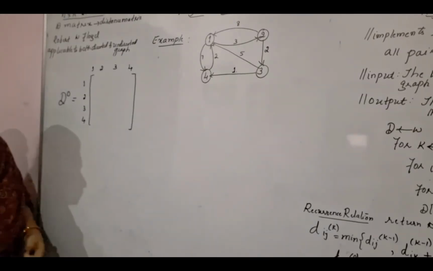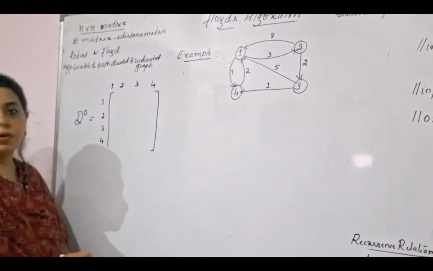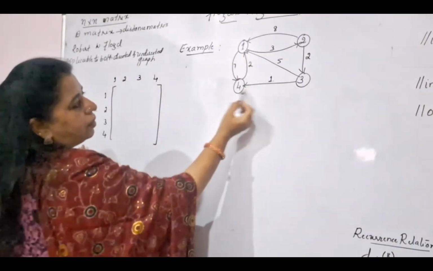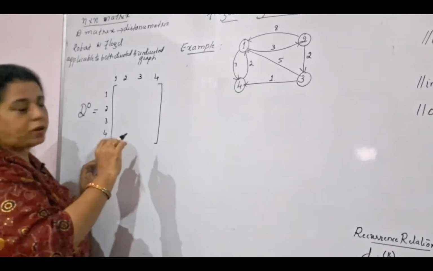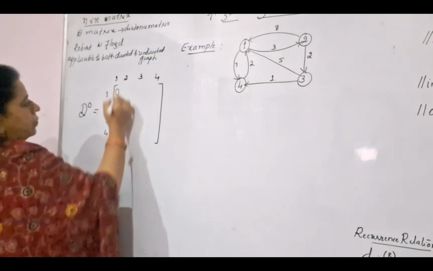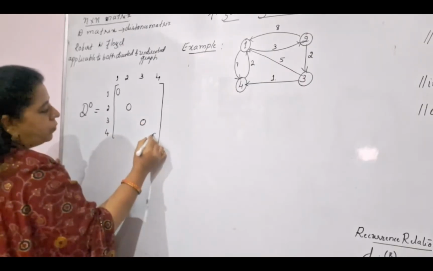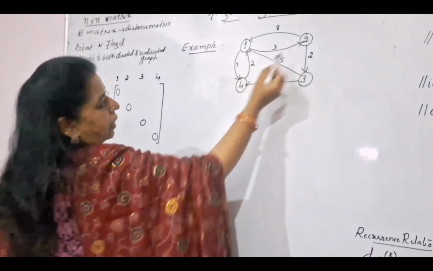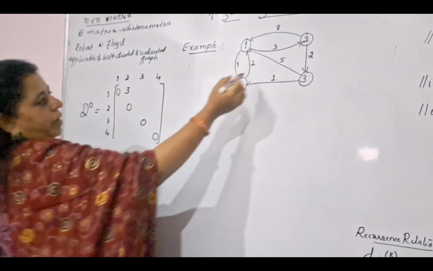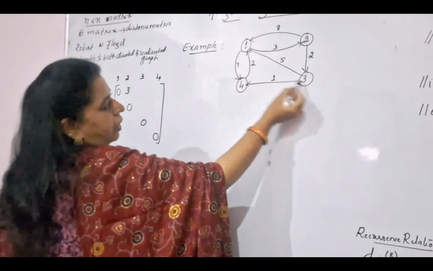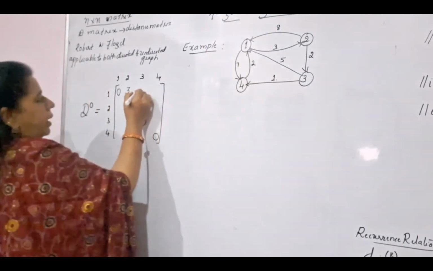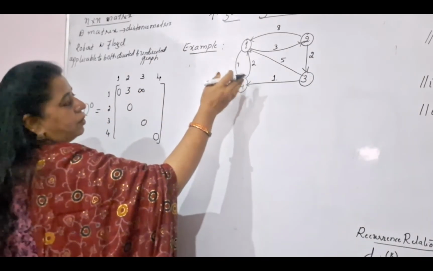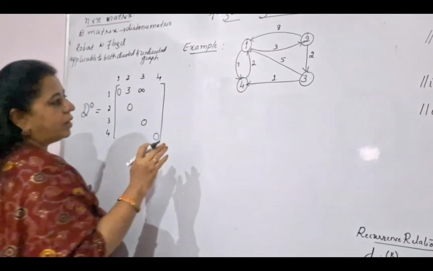The very first element, how do you start calculating? To write the elements here, you simply refer to the given graph and start writing the values. 1 to 1, 2 to 2, 3 to 3 and 4 to 4: they do not have edges, so all these diagonal values will be 0. Next you start writing from here. 1 to 2, yes, there is an edge going from 1 to 2 and the cost, or the weight, is 3. Then 1 to 3: there is no direct edge, so you need to write it as infinity. 1 to 3 you can definitely reach; later you will come to know whether it is through one of the intermediate vertices.